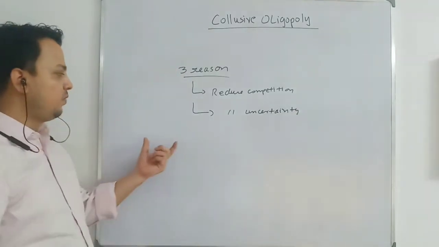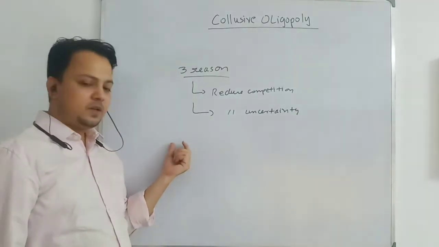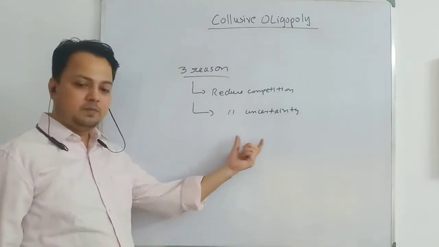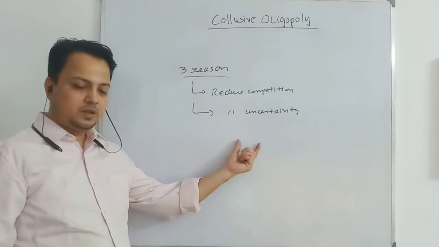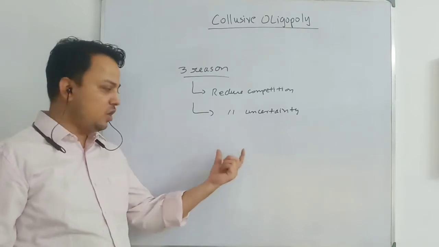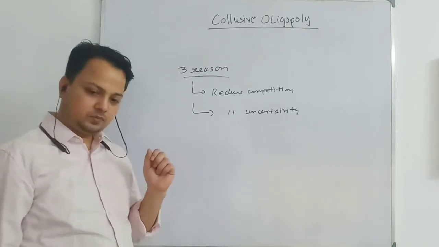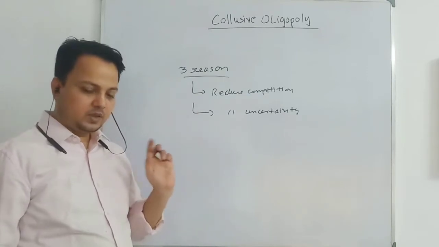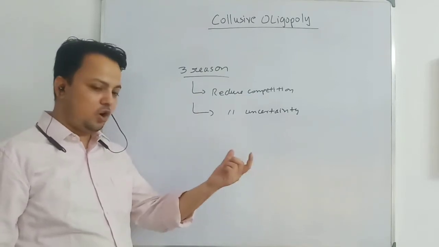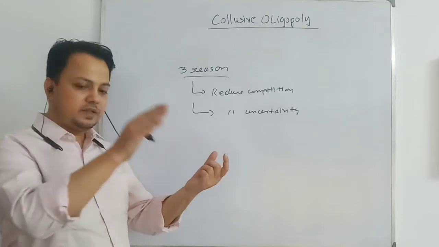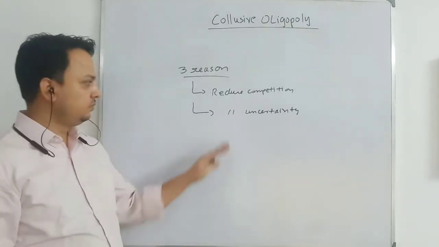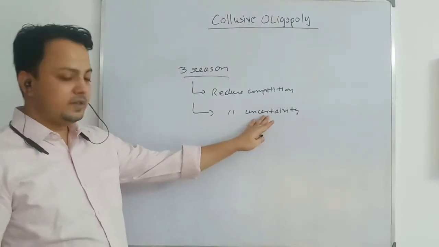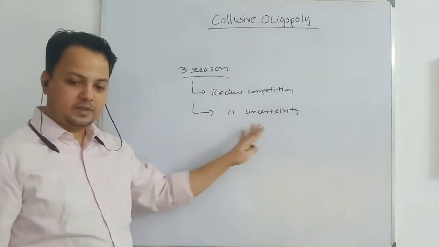So when firms collude, what is the purpose? They want to jointly maximize the profit. In order to jointly maximize the profit, they want to determine how much output to produce and what price to charge. When they decide the total output of the industry, they determine the share of each one of them. How they will do that, I will come to later. So it reduces uncertainty with respect to determination of price and output.